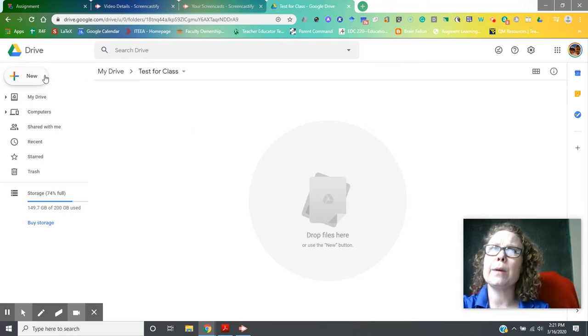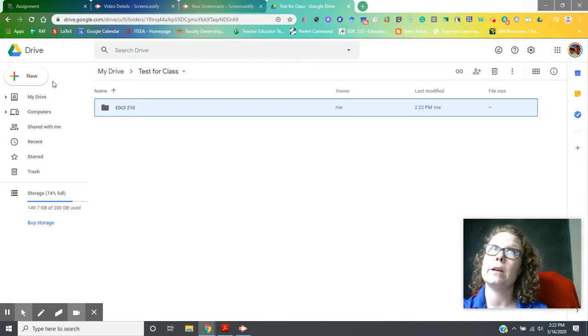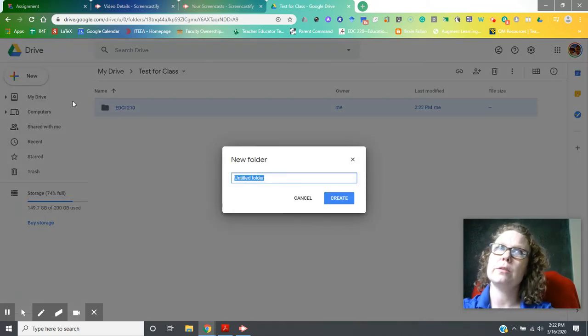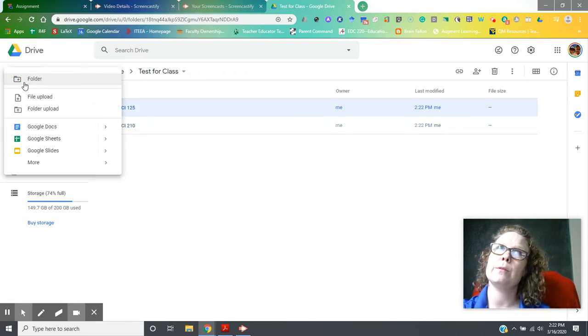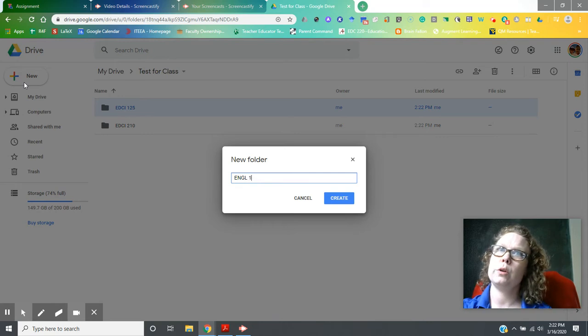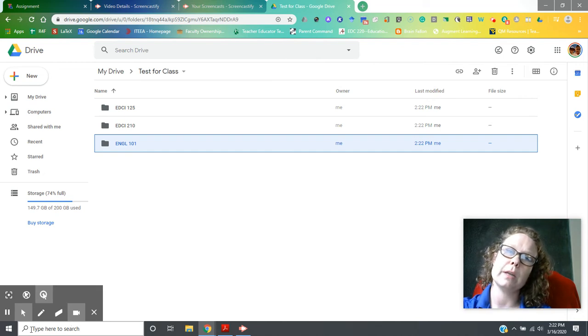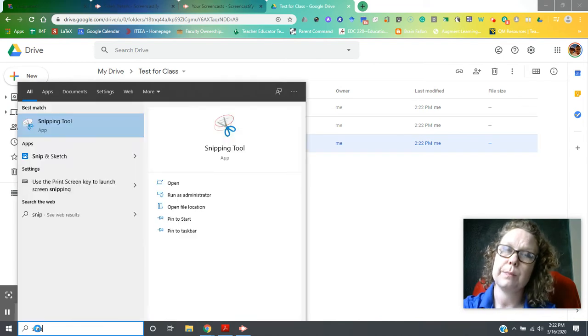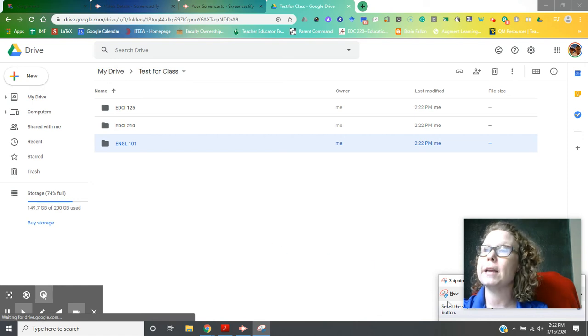So the first thing you have to do is create a folder inside your Drive for every class you're in this quarter. So go to the plus, add folder, EDCI 210. I'm just making up classes that you might be in here. Plus, new folder, EDCI 125. Plus, new folder, English 101. So say those are your 3 classes you're in this quarter. Step 1 is you make folders for every single class you're in, and then you have to take a screenshot